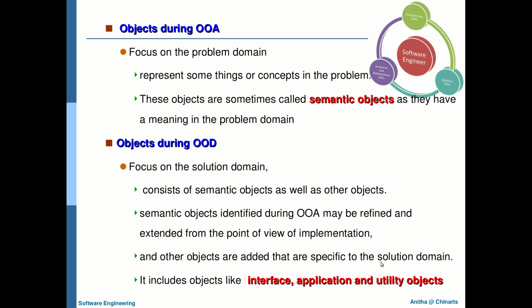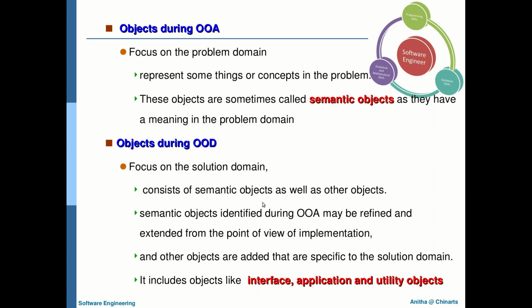And these objects are created to communicate with each other. So if they want to communicate, they need an interface between them. So you will have interfaces for communication between the objects. You will have the application which is integrating all these objects,